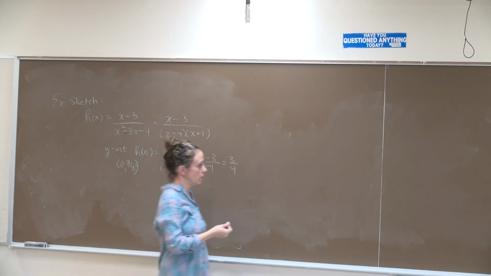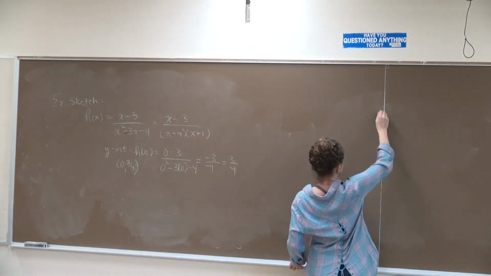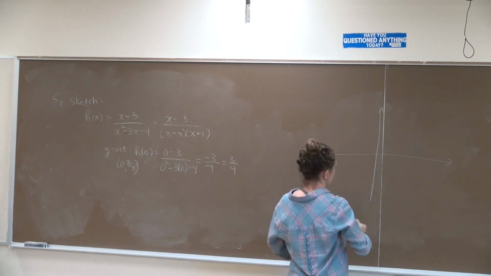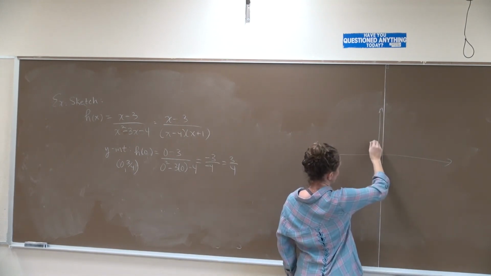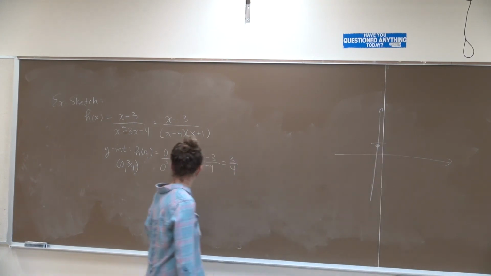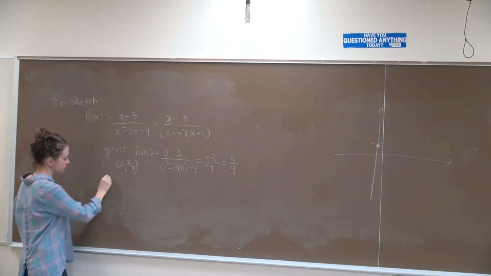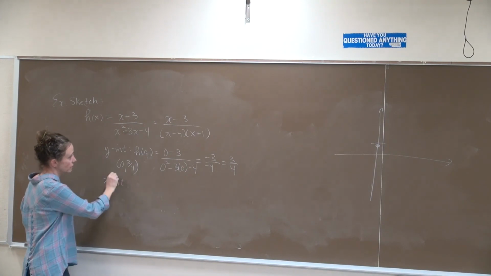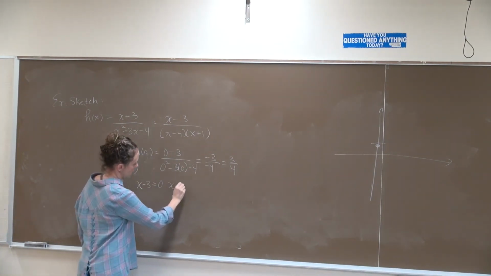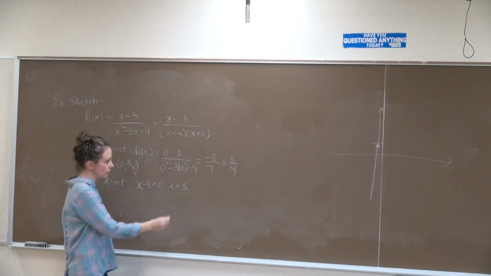Let me graph a Cartesian plane. We have a y-intercept at 3/4, so here's 1. 3/4 is a little bit below 1, so we'll put it right there. For the x-intercept, set the numerator equal to 0. Add 3 to both sides, we have an x-intercept at 3. So that's